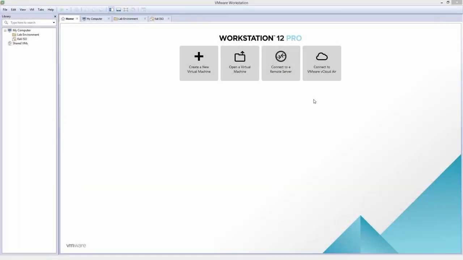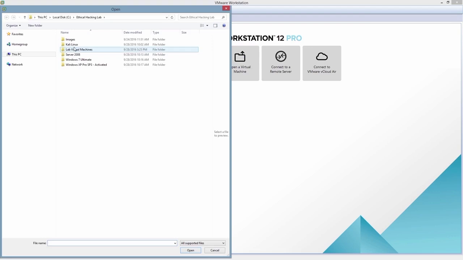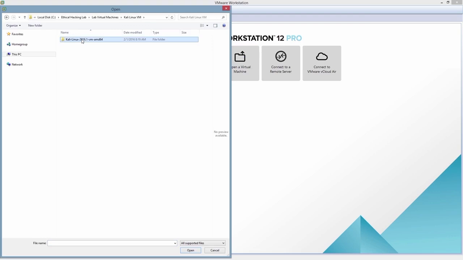For those of you who wanted to install Kali Linux and didn't want to do a whole bunch of steps and wanted to get hacking right away, here's an option for you. The latest and greatest version of Kali Linux doesn't have a virtual machine option, but the older one, the 2016.1, actually does have a VM option. So you can download that, and I'll provide the link in the supplement like I did everyone else. You can go click on open a virtual machine, and inside my lab virtual machines here, I've actually saved and extracted a copy here. You're going to double click on the VMX file,